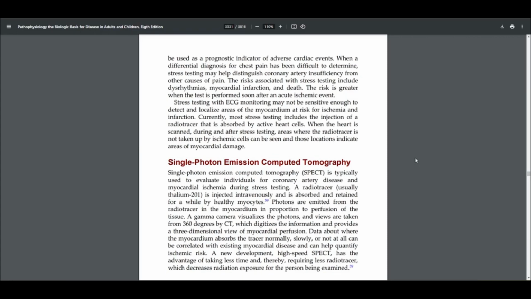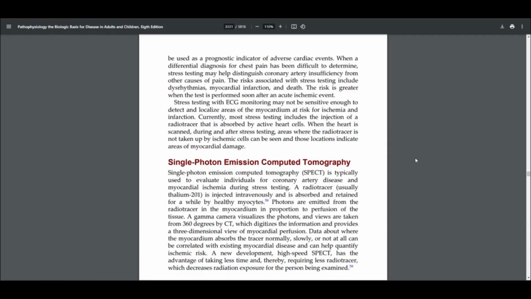The risks associated with stress testing include dysrhythmias, myocardial infarct, and death. The risk is greater when the test is performed soon after an acute ischemic event. Stress testing with EKG monitoring may not be sensitive enough to detect and localize areas of a myocardium at risk